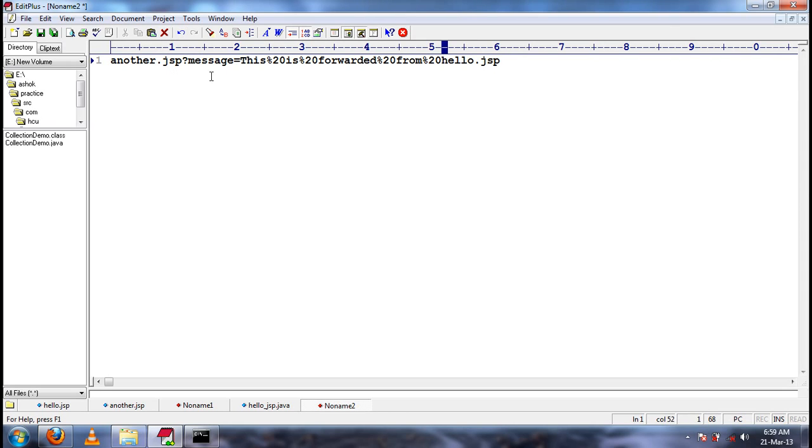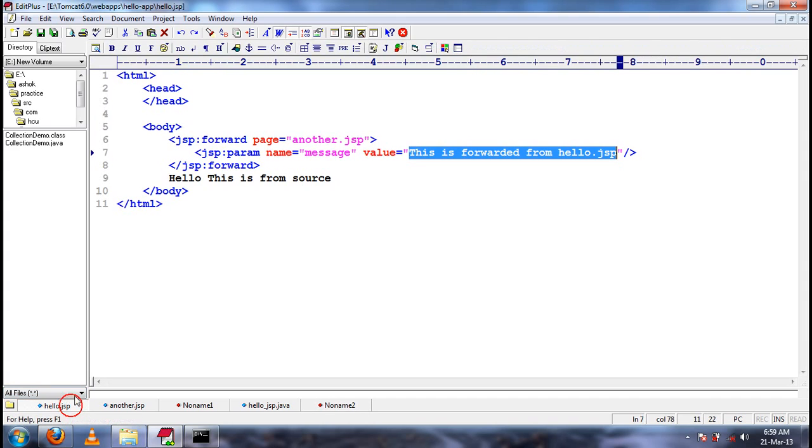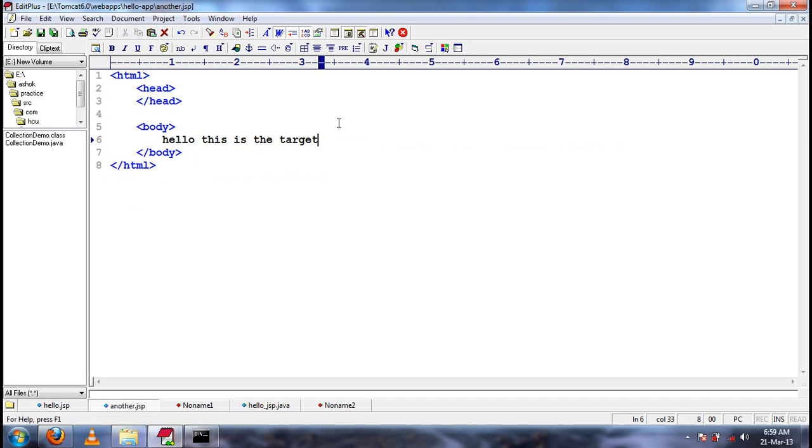This is how it will go. And can I call this a request parameter? Yes. Now in forward, if we send any param, then how will it go to the target? It will go to the target as a request parameter. So let us see whether we can access that as a request parameter.